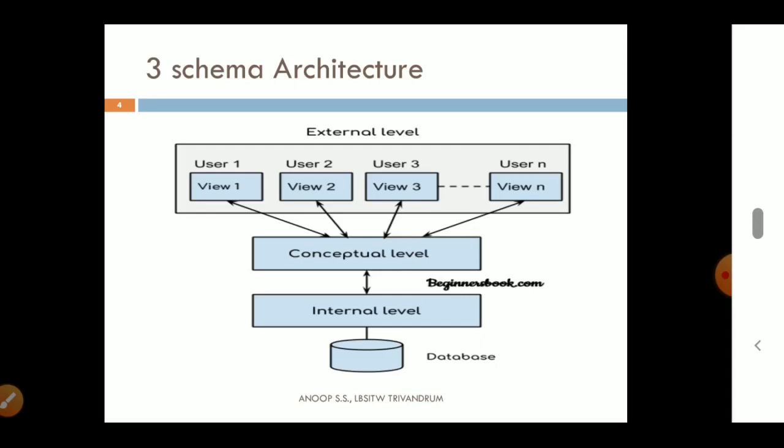So the actual database or the logical schema is not visible to all users. Each user group is provided with different views. For each user group, we are providing a virtual database or virtual table. That means in the conceptual level, there is a logical schema which consists of 10 or 12 tables, and each table contains 4 or 5 or 6 columns, that means attributes, and all these are not visible to each user group.